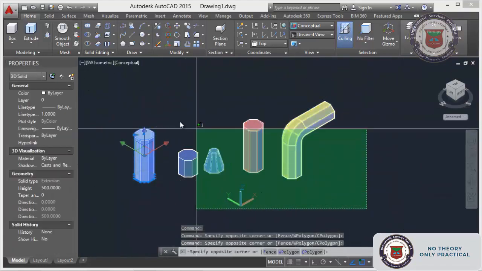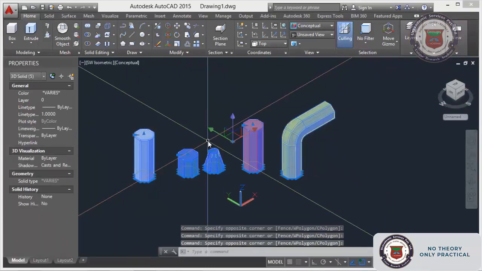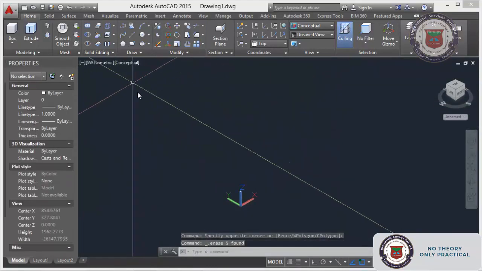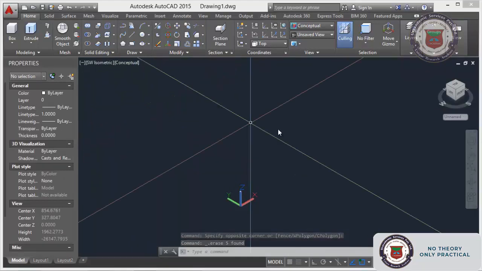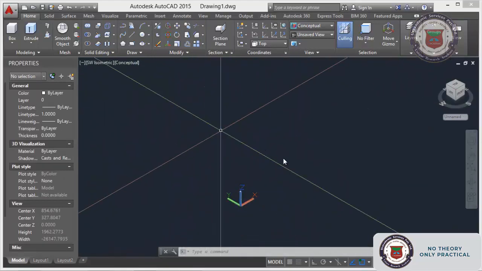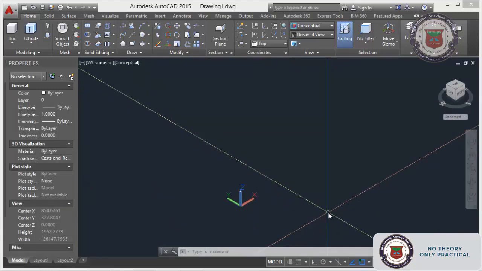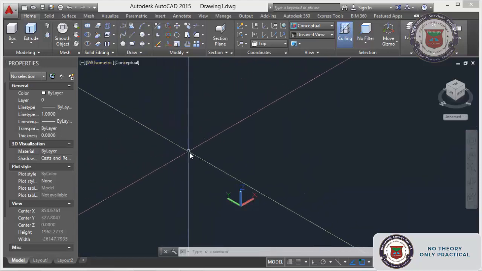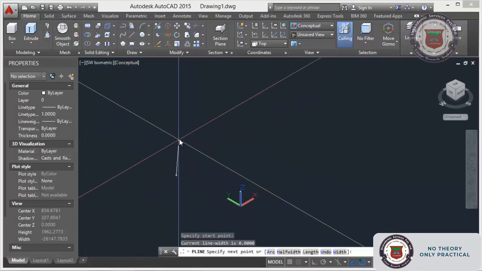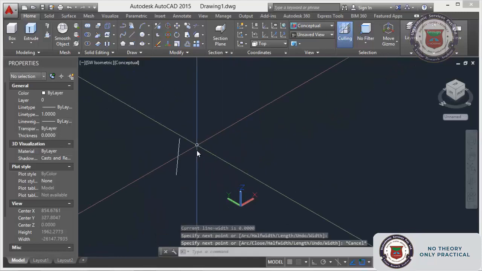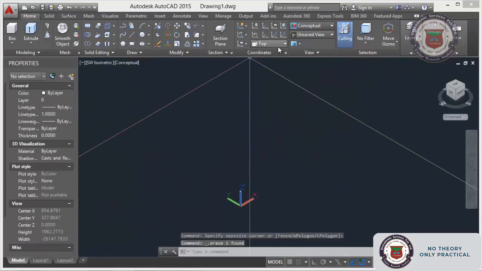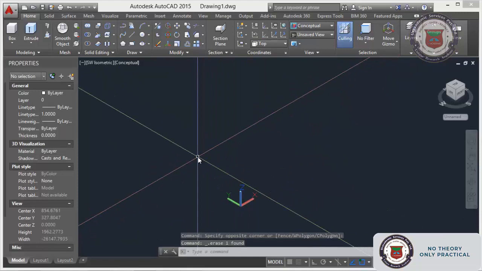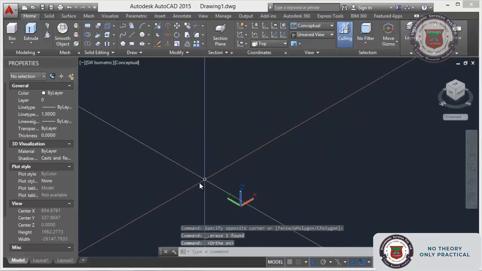We will do the extrude command with some other shapes so that you will get a little bit of an idea on that. Now we have prepared certain standard shapes. Now a little bit we will work on different non-geometrical shapes. For that one, go to the top view, F8.